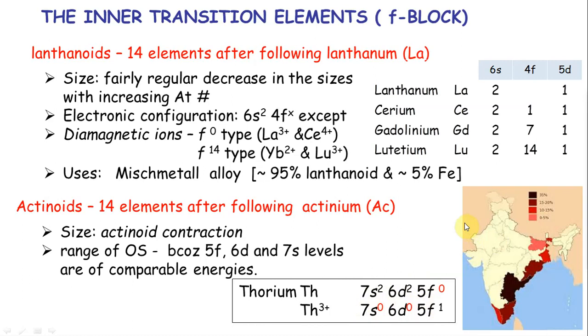And there is a picture of India. The reason it is there is because India has the largest amount of thorium in the world. More than 1/6 of the thorium in the world is actually in India. And why is that important? Thorium is one of the elements that can be fuel for the future. Okay, much safer than working with uranium for nuclear fuel. Easier to dispose of, and it has probably supply for 400 to 500 years of energy, except that existing nuclear reactors, okay, that setup cannot be used for thorium. That's designed for uranium. It cannot be done. If it is done, the entire energy crisis will be over.